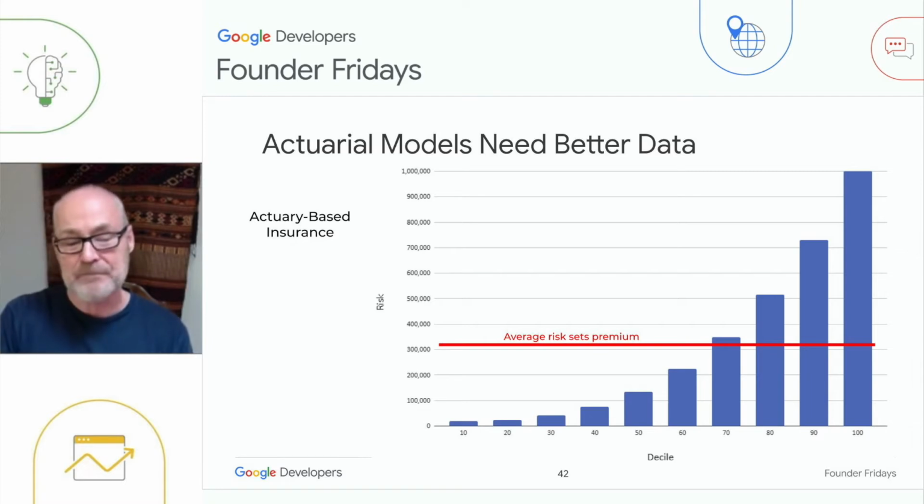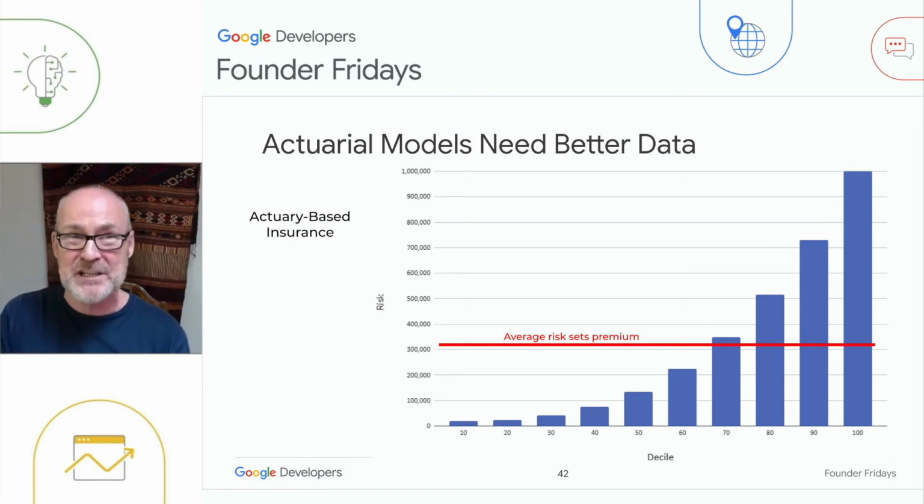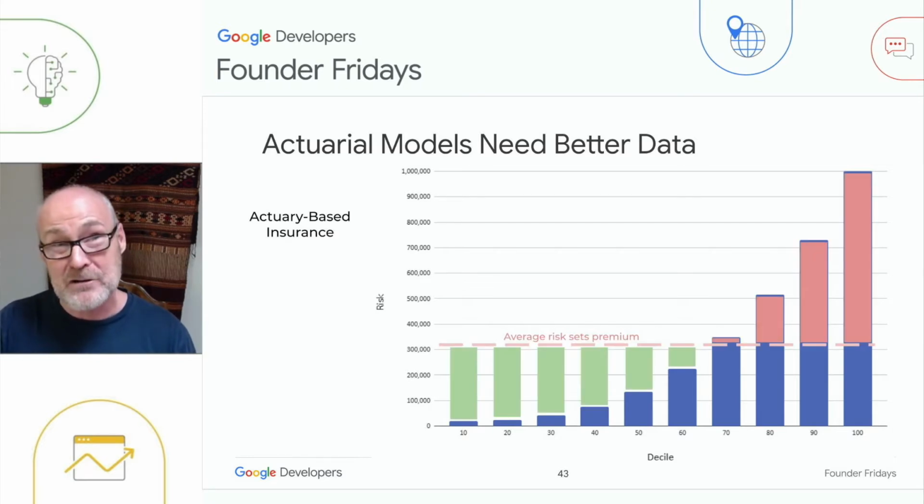In this particular case, looking at this chart, you can see that the risks are divided into 10 deciles, and 10% of customers in this category have very low risk, rising progressively up to some 10% of customers that have very high risk. Because traditionally insurers can't differentiate the risks at one end of the spectrum from risks at the other end of the spectrum, they set an average risk rate and everybody pays that premium. That means that the insurers effectively are making lots of money off the people with a low risk and then suffering losses for companies that have the higher risk, here shown in green and red.